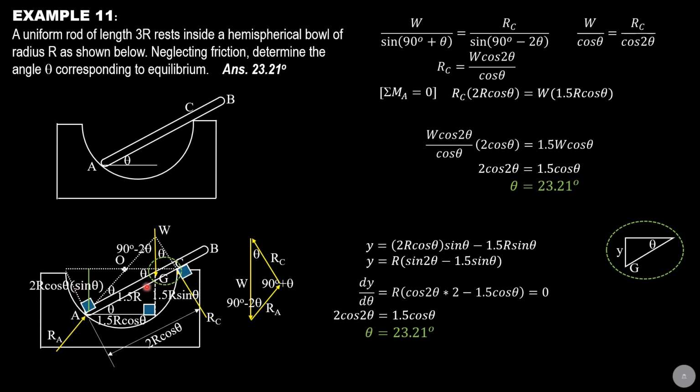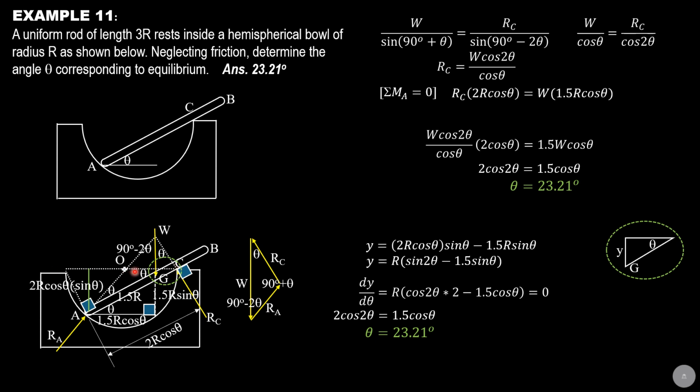This chord here is the bar, the uniform rod, and this is the other chord. So that's 90 degrees. And since this is the diameter 2r and it makes an angle theta with this bar, the length from C to A is 2r. So it also needs concepts of plane trigonometry to successfully analyze this. Without that, you might not be able to solve this. So that's why this is 2r cosine theta.